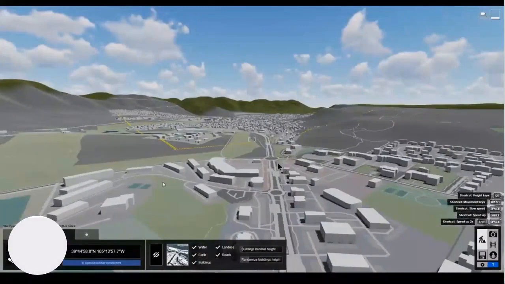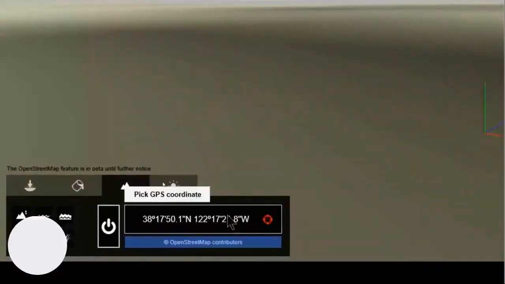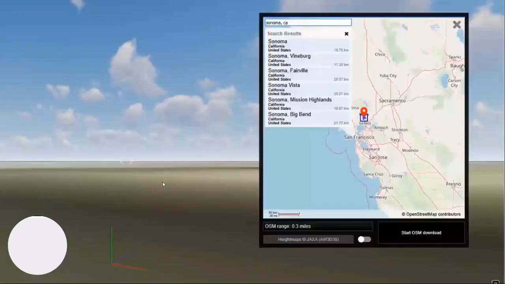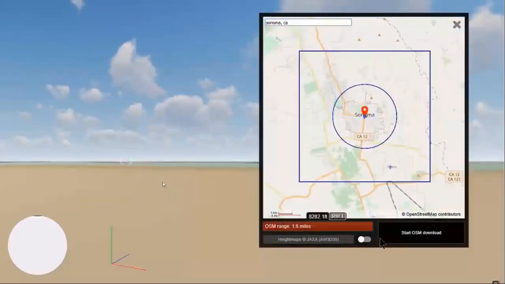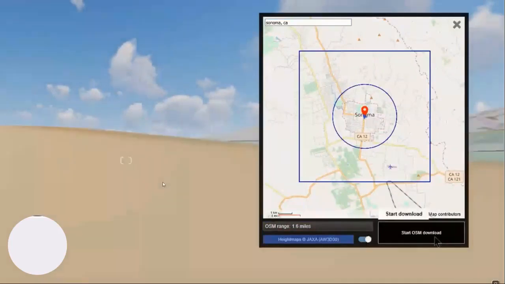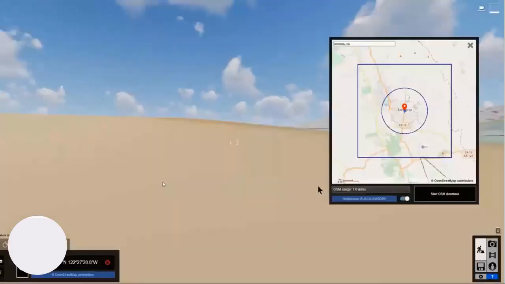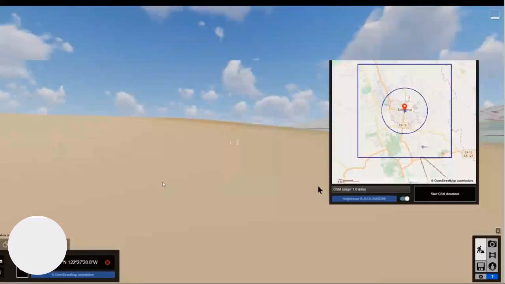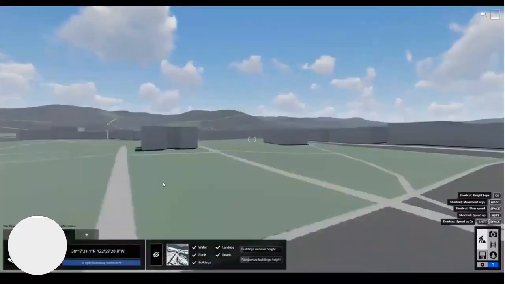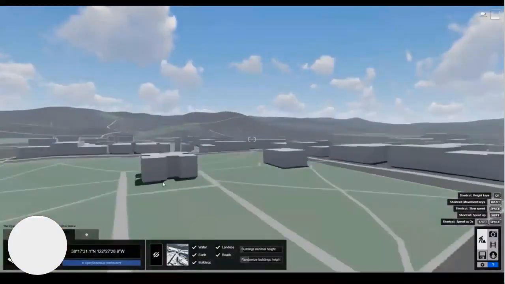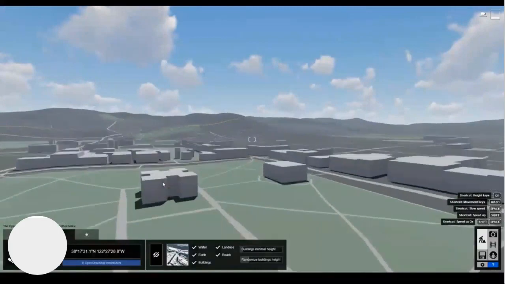Okay, now you just have to enable your GPS coordinates and then type the location and the proper coordinates and make sure you are enabling the height map option to create the height map on overall OpenStreetMap. So now your OSM is available with the height map.